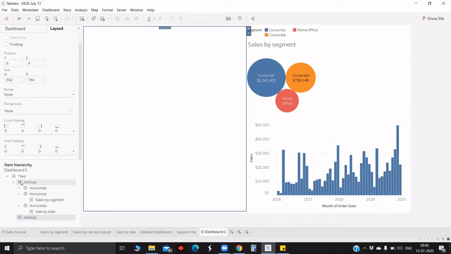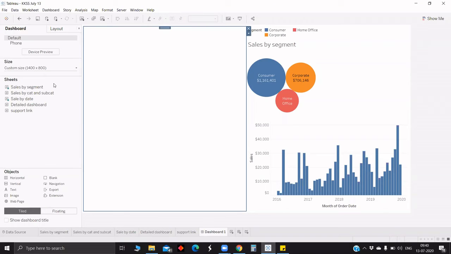Okay, excellent. Already we have one vertical and 3 horizontal, and sheet by sheet is visible. Now we have pulled one more vertical just on the left side. So we have a new vertical, in which again, if you want to put containers, we can put all of this. The basic idea why you have to put this container is, if you change the automatic size, the resolution remains the same and it will be presentable.